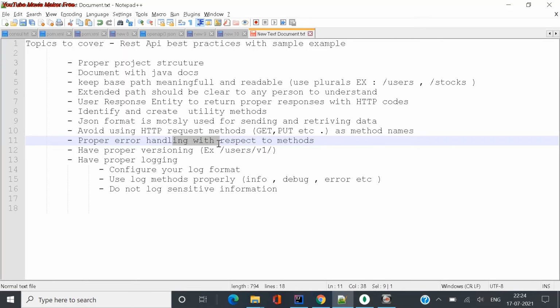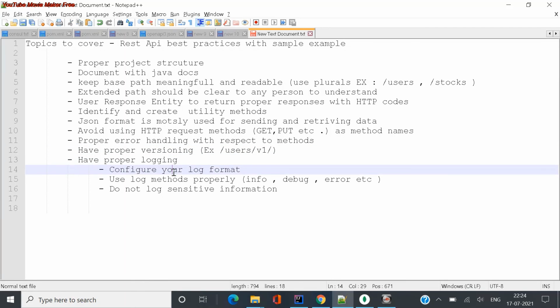I'll make another video for error handling and everything. Also you can have proper versioning in your extended path, like /user/v1/create. It depends on whenever you have multiple versions of applications and you are modifying them and using different versions at a time, so that time it will be covered. And have proper logging.